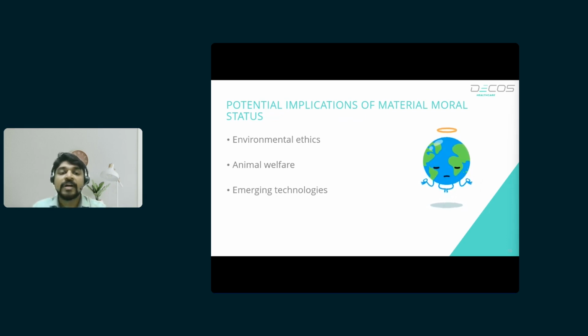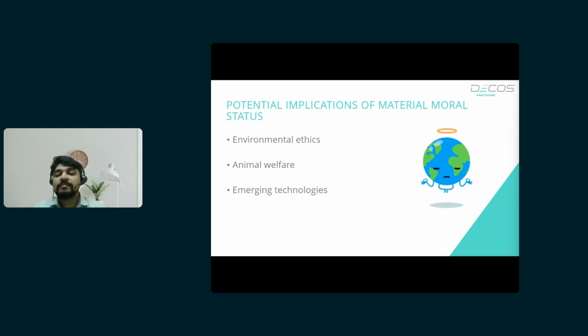If it is regarding animal welfare, it could raise new questions in areas like animal agriculture and research. The materials used in these practices, from animal feed containers to research equipment, could be subject to new ethical scrutiny. We might have to consider not just the well-being of the animals themselves, but also the potential impact